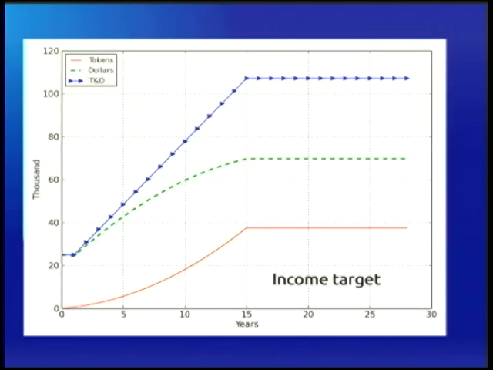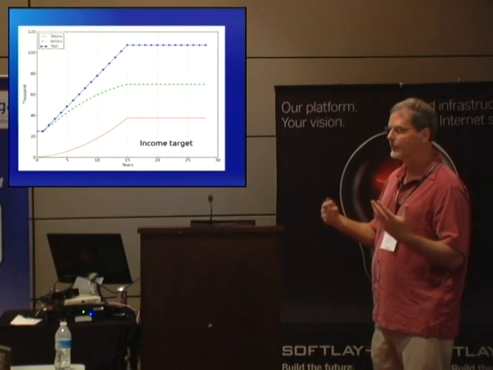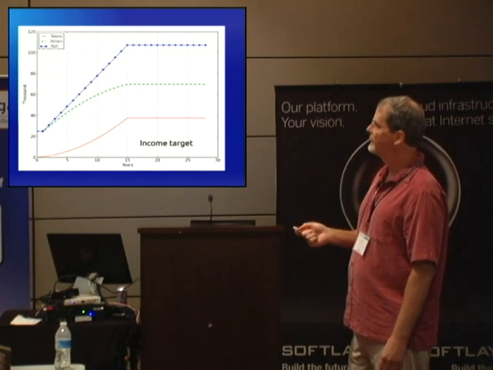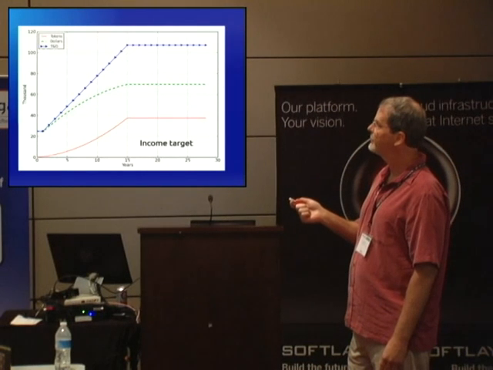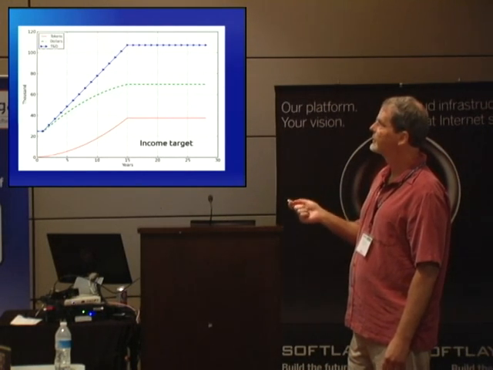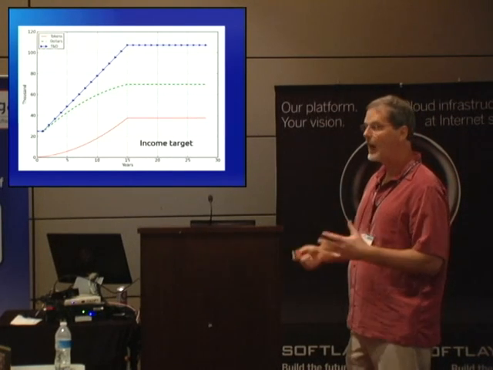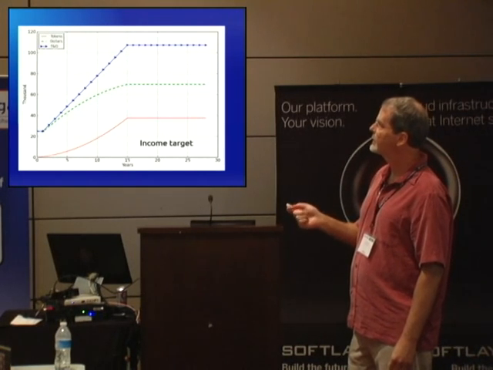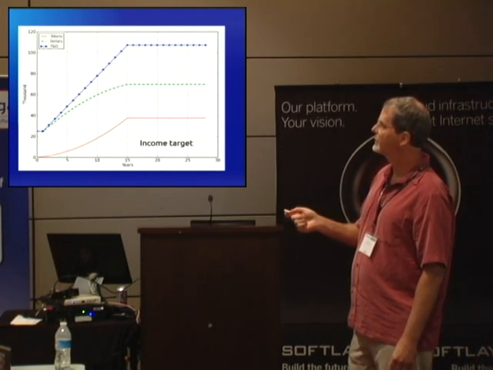This upper line is income target in tokens and dollars, and again, the value of the token is assumed to be equal to the dollar. But you can see that for an individual person, it starts just above 20,000, which is actually the starting value according to the census data that I used to build this model. It rises over time to just over 100,000. So incomes are going to rise substantially in this system.